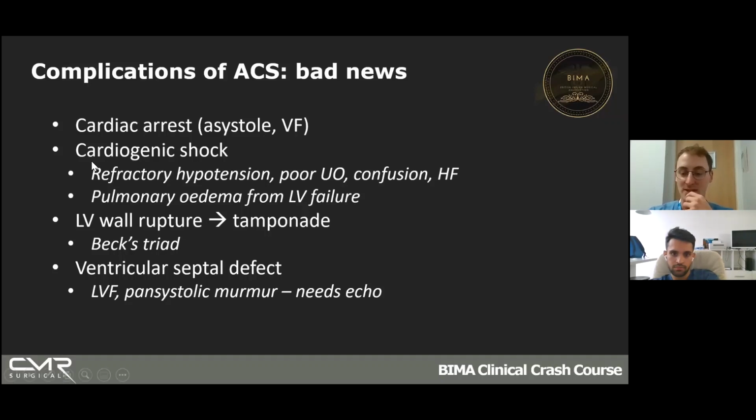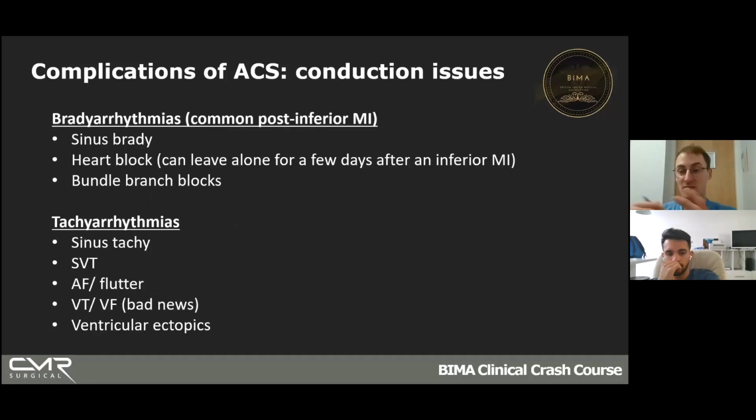Number two is arrhythmias and conduction issues. These are really, really common. Basically, any arrhythmia under the sun can happen after a heart attack. You've messed up the electrical wiring. Arrhythmias are really common, especially bradyarrhythmias, so slow heartbeats. These are common after an inferior MI, because remember we said that the right coronary artery supplies the inferior part of the heart. The right coronary artery also supplies your SAN, your sinoatrial node. If you mess that up by blocking its electricity, your heart will beat slower. You get bradycardias, like heart blocks and sinus bradycardia. So too much to be said about them.